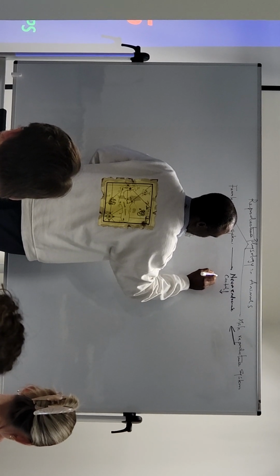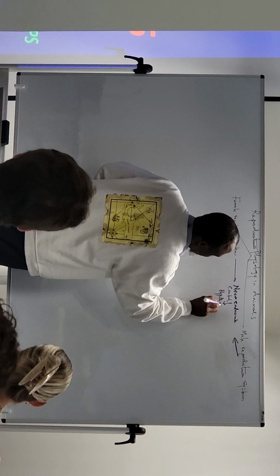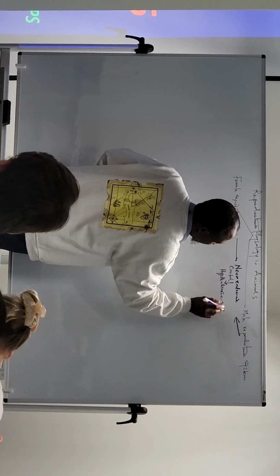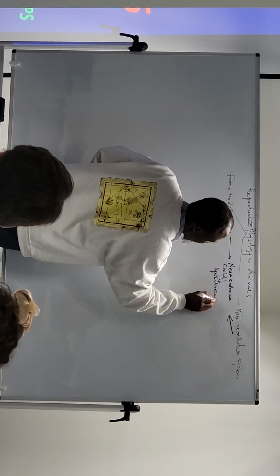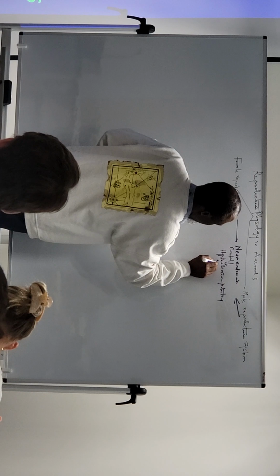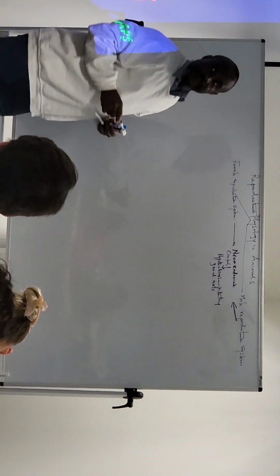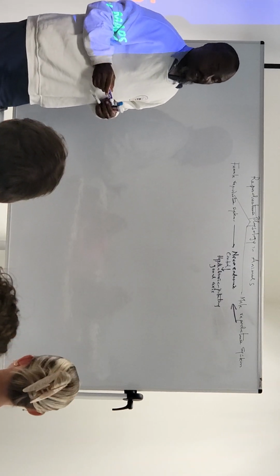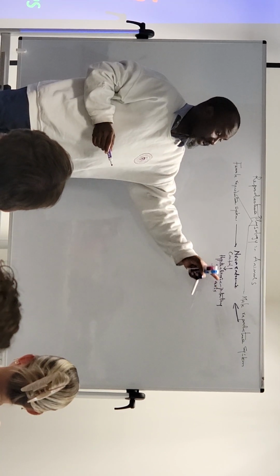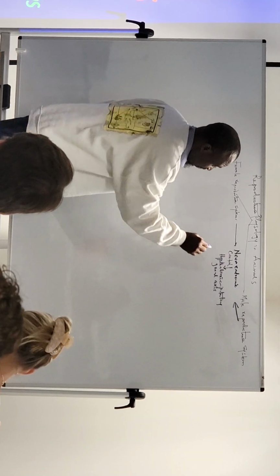So we are going to have what is called the hypothalamic-pituitary-gonadal axis. This goes to show that the hypothalamus controls the pituitary, and the pituitary now controls the gonads. So if we put it this way,